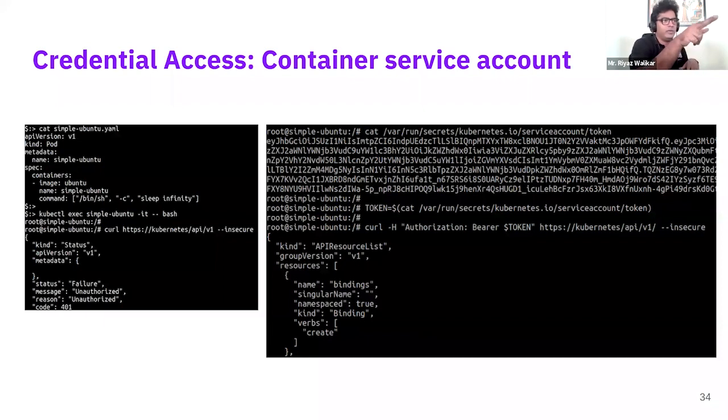I'm unauthorized there, but using the service account token, which we've seen multiple times now in the past, this is how you'd use it in the real world. You extract the service account token, you assign it to a variable, and then you pass it by the authorization bearer to your Kubernetes API server. Right? I'm using --insecure simply because the SSL certificate does not have Kubernetes as one of the names in the certificate chain, right? So -k or --insecure would work for you, and now you see that you have access to the Kubernetes control plane,